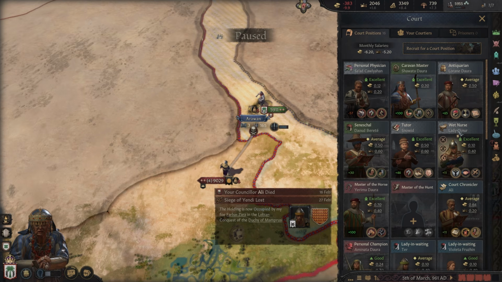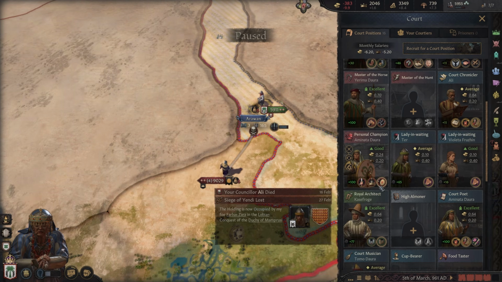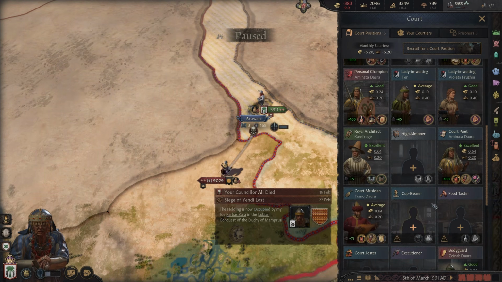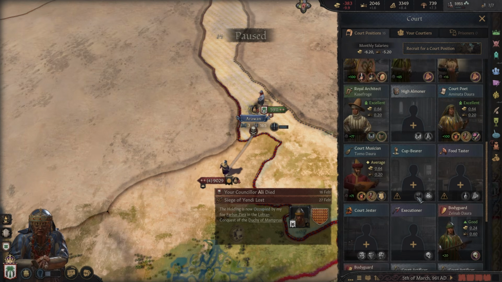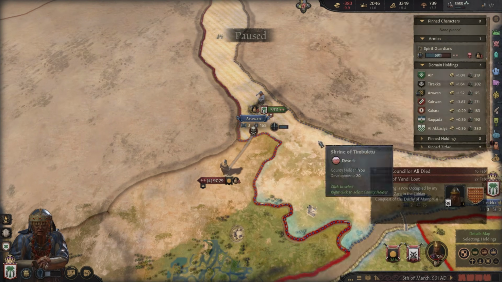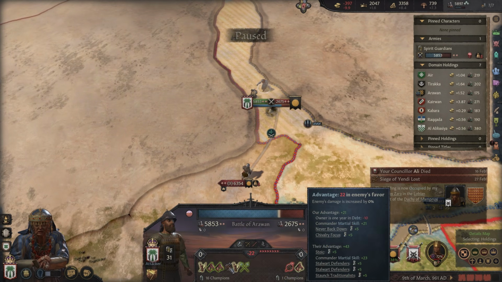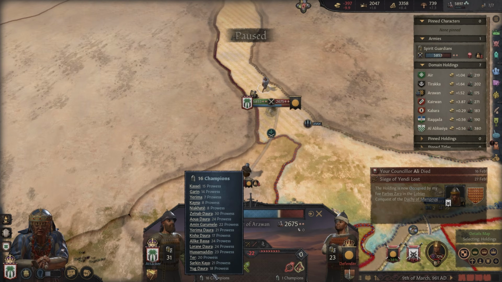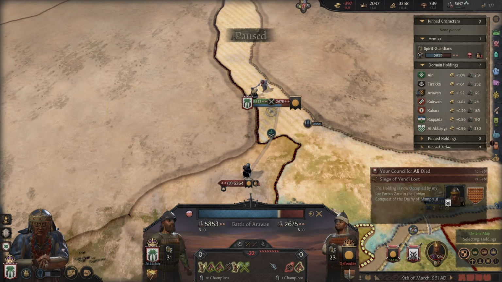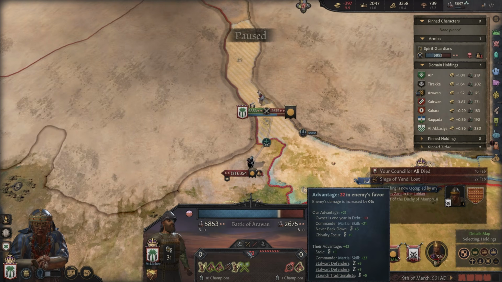Is there anything else I can do to slightly improve my army? I kind of think I have everything that improves my army already on, but let's just see here. Yeah, I think I kind of have everything already on. I think we've just got to take whatever we've got here. We still have more champions, which is good. We're still significantly stronger in champions. Our commander is better. The defensive buildings probably don't add that much.